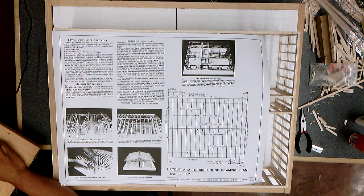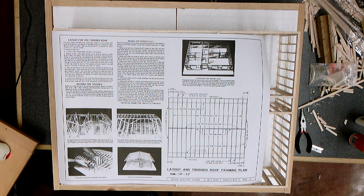We are done with all the trusses. That's right, I said it, we're done with all the trusses. And what a job it was. Finishing all those trusses took a couple weeks on its own. Thanks to the help of